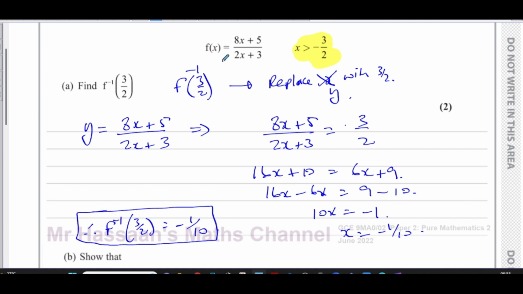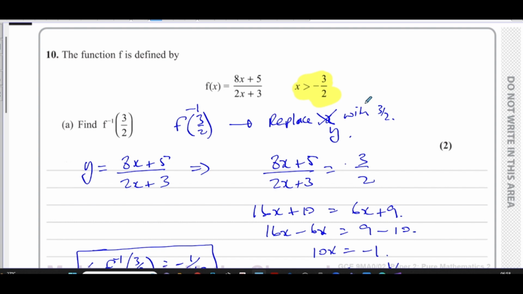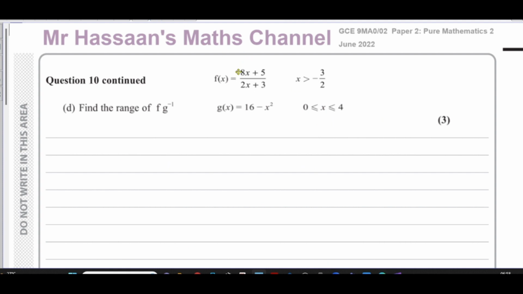Then finding the inverse function and then substituting 3 over 2 into that. It's way quicker than doing that. Okay, I can show you to make sure, if you want to. In fact, I will do that. I will take this function and I will show you how to find it in the other way. So I will take this from here